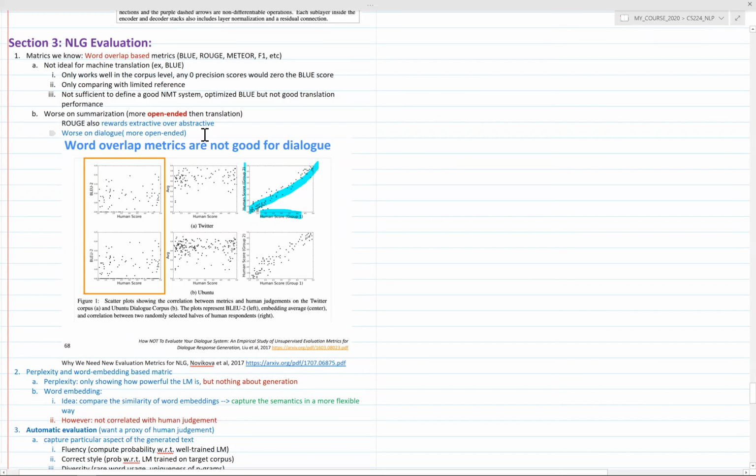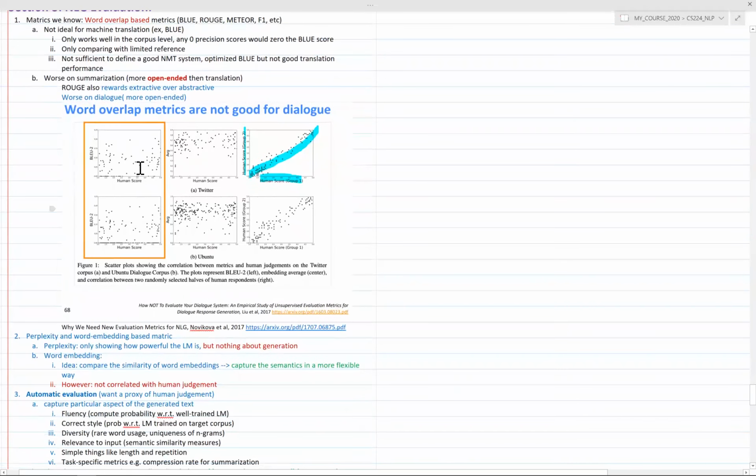And as you can see, the BLEU score is not correlated with human scores in this summarization problem. And different groups of human scores instead could be correlated with each other,